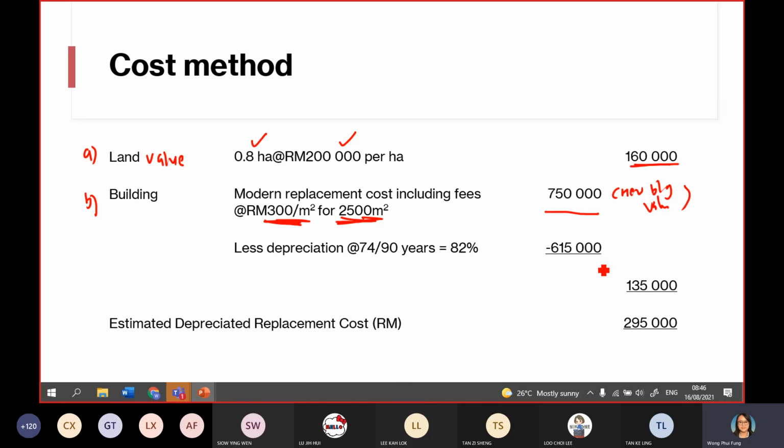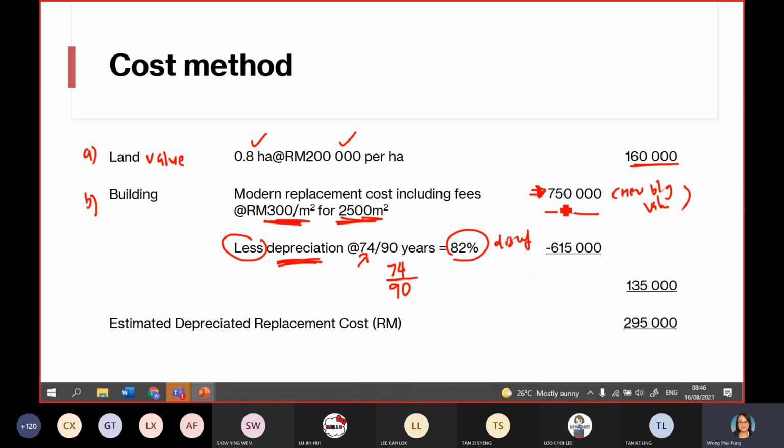But just now we already mentioned that the building has existed for quite some time already. So you need to minus depreciation on the building itself. How to minus? You use the current age, 74, divided by the estimated age, 90 years. So it's approximately 82%, which means that this figure, you need to discount